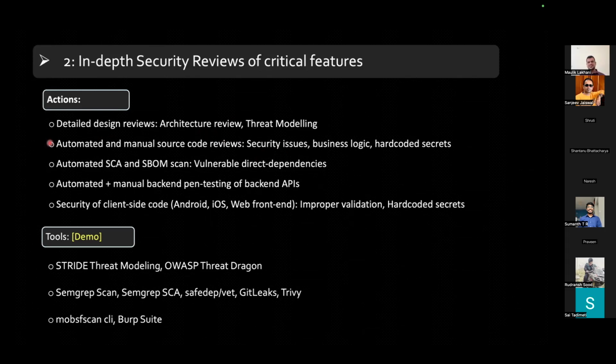Could be your backend services code review, or code review of your front end applications such as React, Android, or iOS. You look for security issues, business logic issues, and hard coded secrets, and you can also do an automated SCA and SBOM scan.